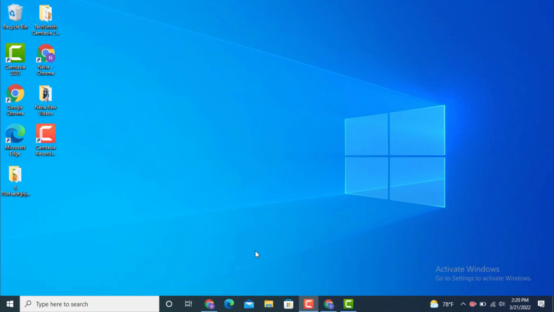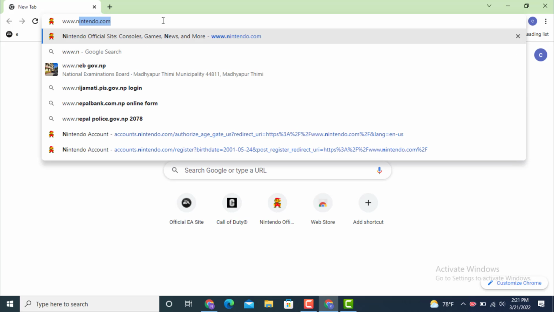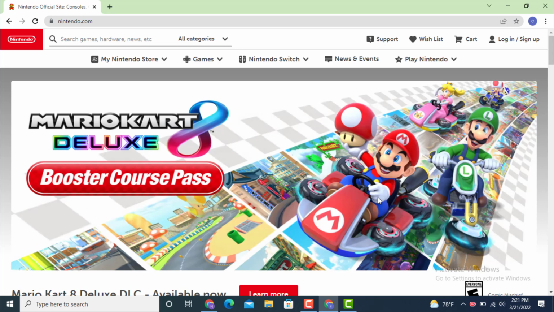In today's video, I will teach you how to create a Nintendo account on your device. First, in order to sign up, you need to go to a web browser. On top, there's a search bar, type www.nintendo.com. Once you land on a profile page, go to your upper right hand side and on top there is